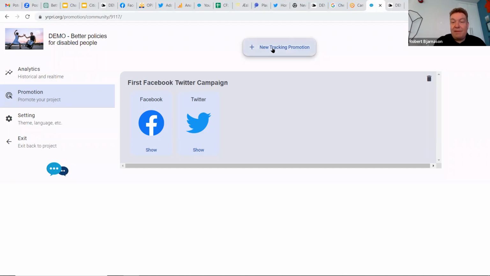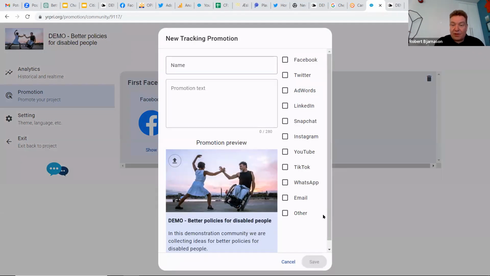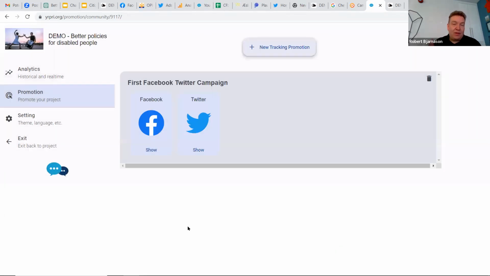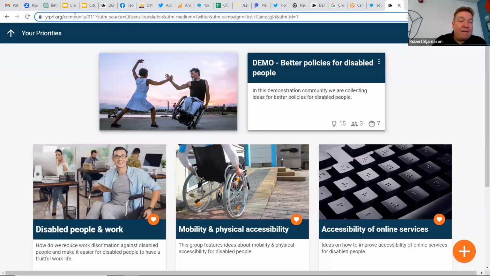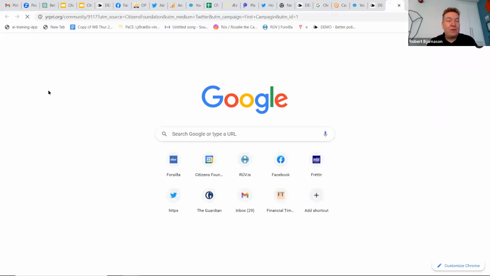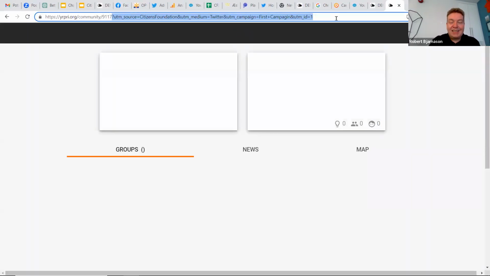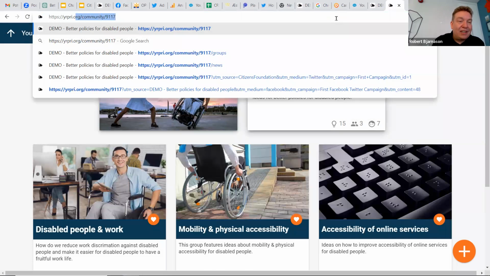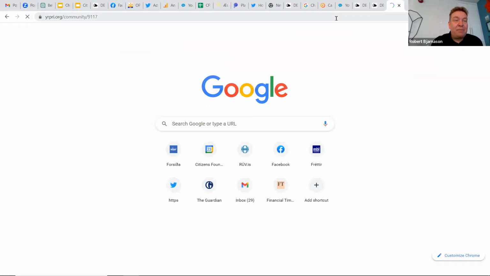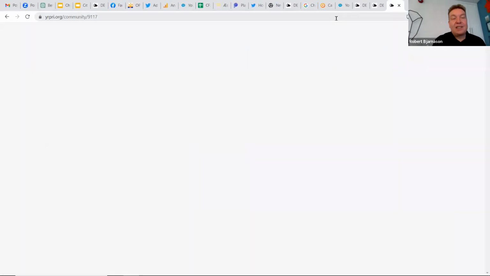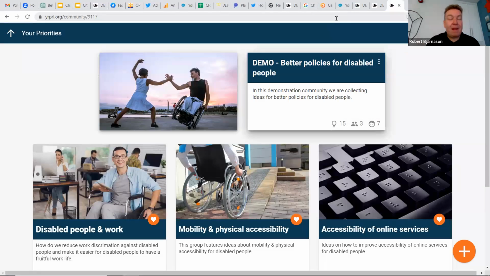so even if you're doing email, you can create a tracking promotion and say here email, and then just make sure that it's trackable. Because if it's not trackable, so if I just sent this URL out in the world, oops, sorry, if I just sent the main URL here with yrpri.org/community/9117, it's going to work.